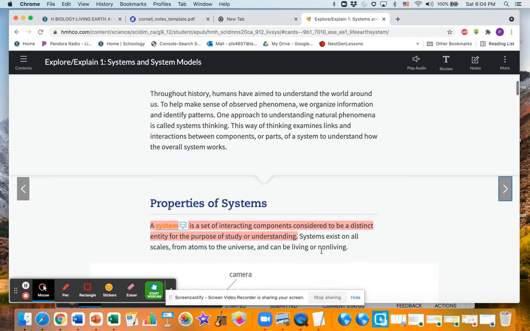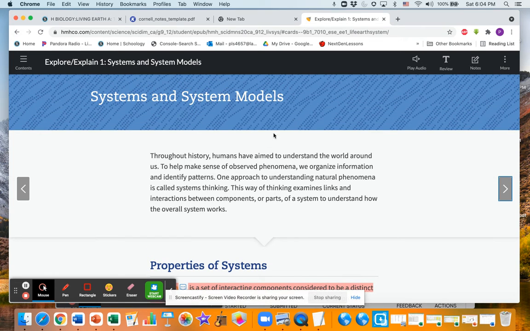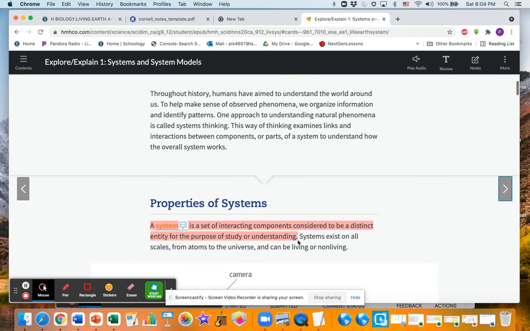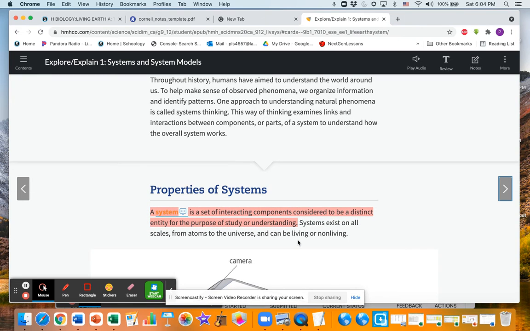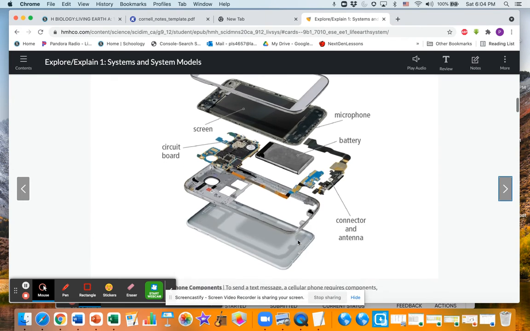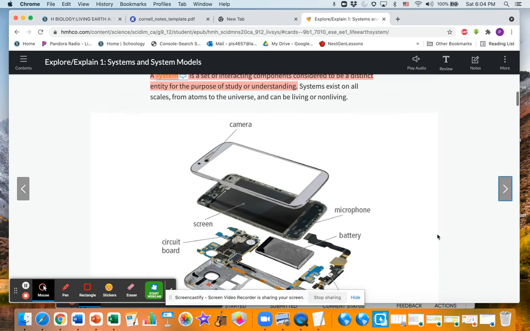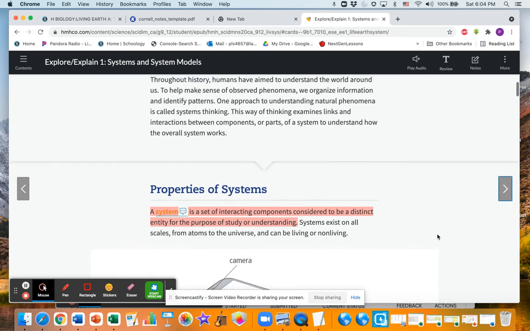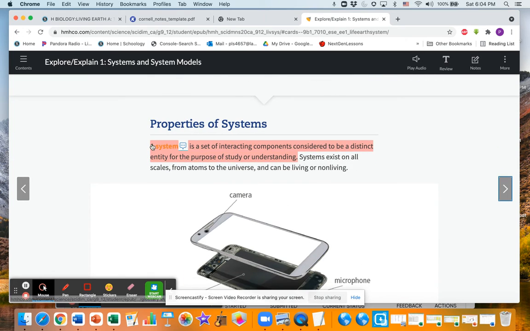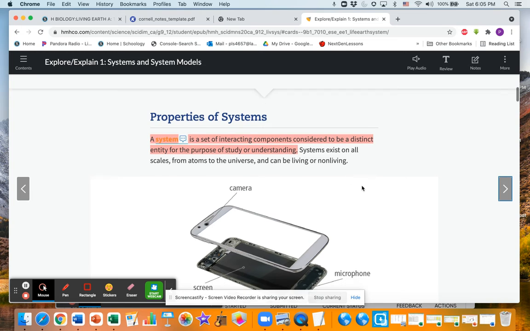So this part right here is talking about systems and system models. In science, we use a lot of modeling and to model systems. And so what is a system and what are the properties of a system? What are the different aspects and how can you explain how systems work? So when we look at this, what I want to do is start pulling out information,